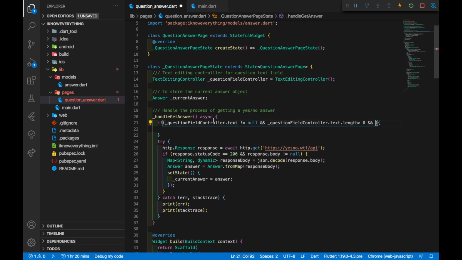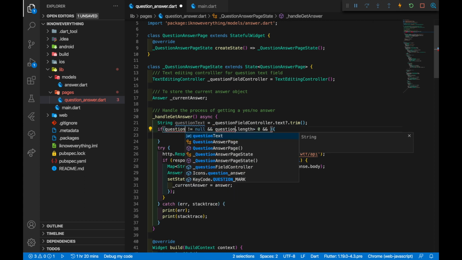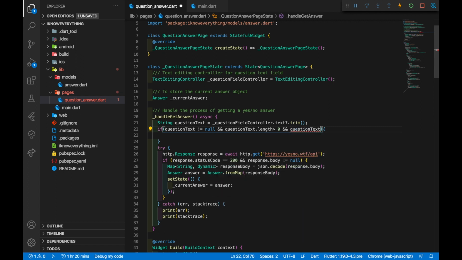So what we'll do right now is, this is getting repetitive, so why not just store it? I can create a string question text variable, and it is a good idea to trim the text first. Also, just to avoid the chance that it is actually null, I'm going to have this question operator over here. And so now I can replace this with question text, and the third check that we'll have is that if question text and question text dot length minus 1, that is basically we are going to extract the last character of question text,